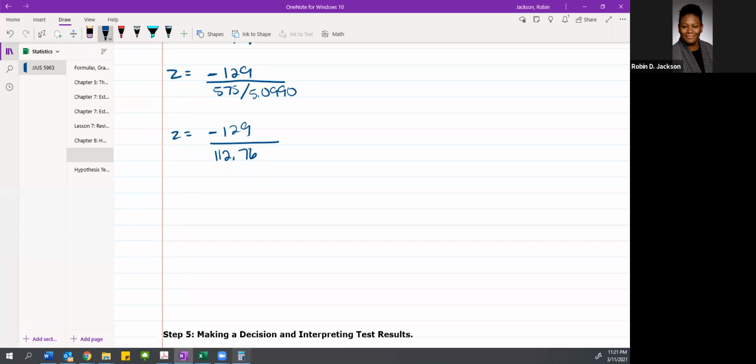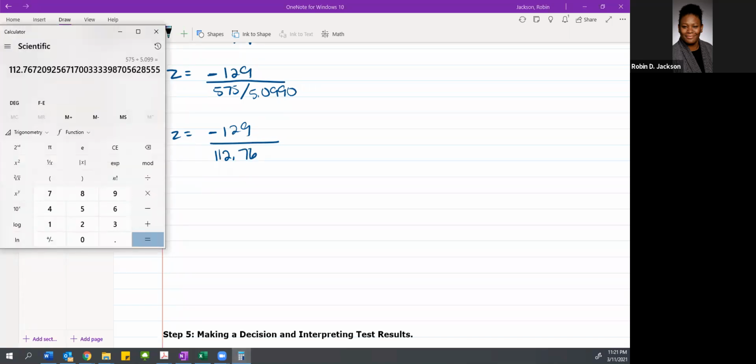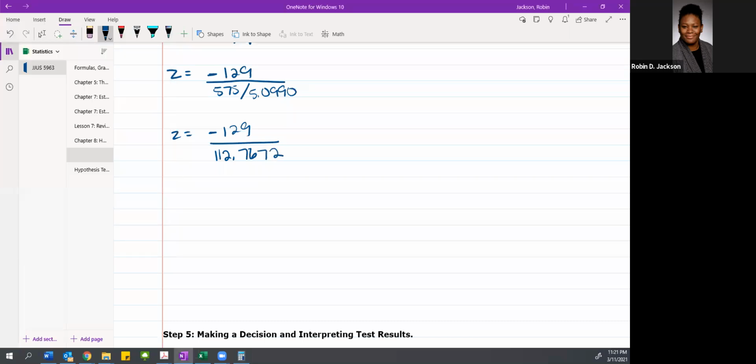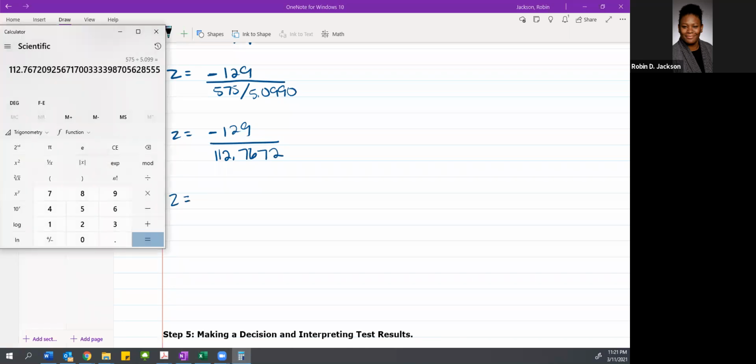Let's do that last little bit of math. We're going to do negative 129. Actually, this works. I'm going to show you this works, divided by